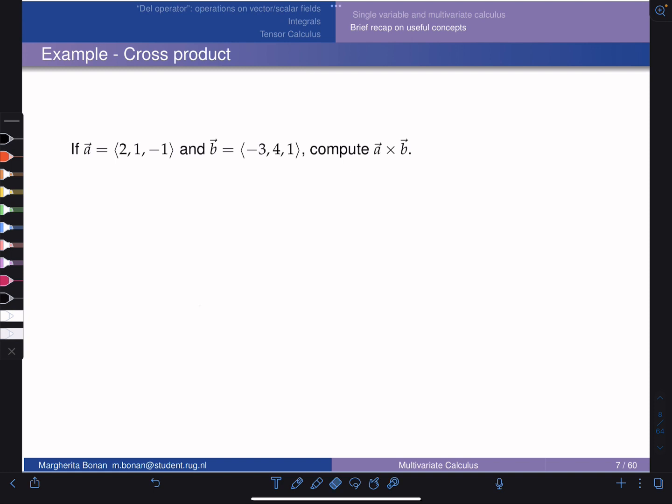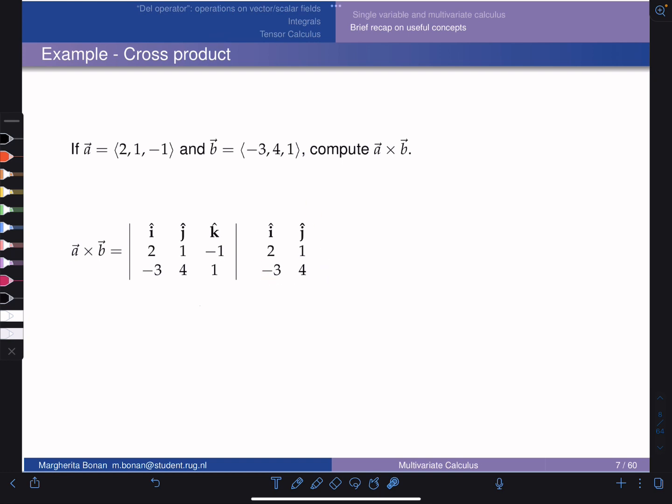And as an example, we take A to be (2, 1, -1) and B to be (-3, 4, 1). Now, to compute A cross B, we can use another trick to compute the determinant. Instead of using the cofactor expansion, we will use the Sarrus rule, which is a trick that allows us to compute the determinant in a faster way by putting the first 2 columns of the matrix